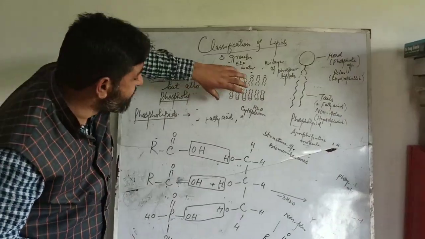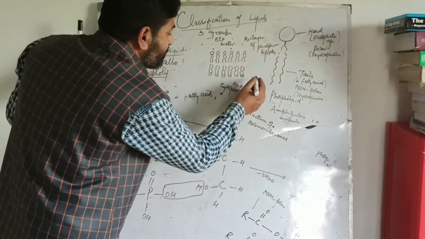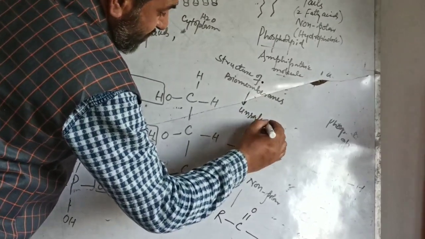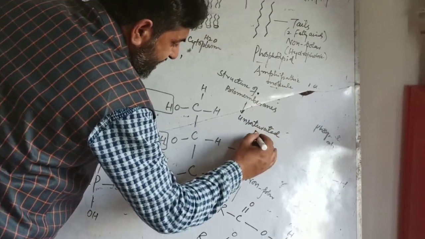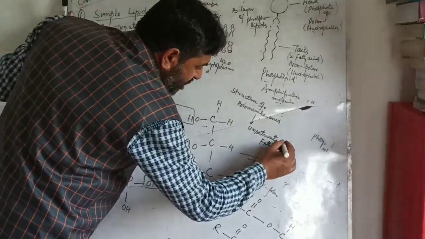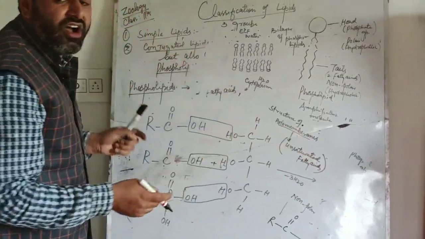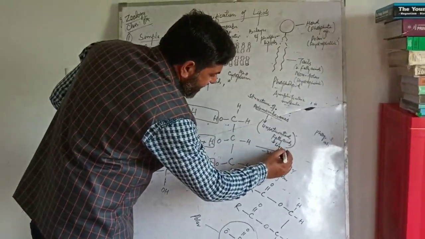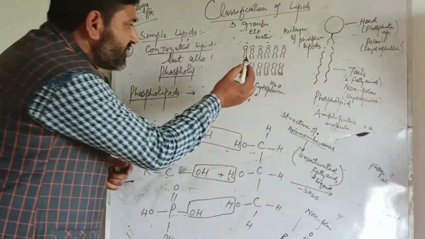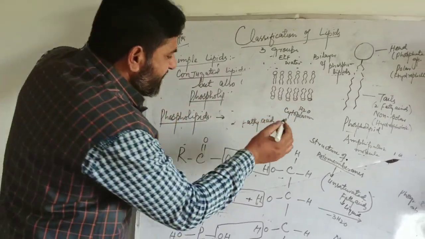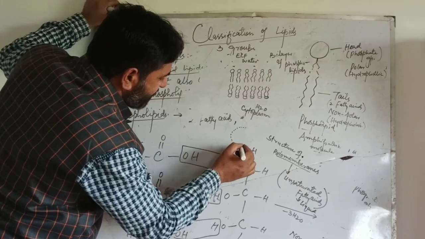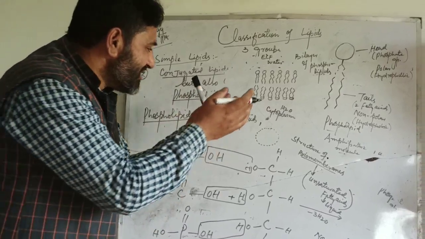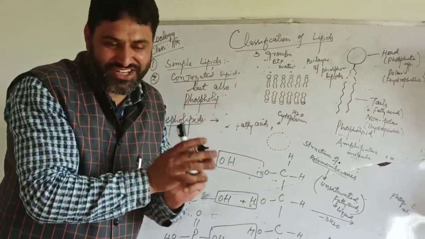And the tails of these phospholipid molecules in the biomembranes are mainly unsaturated. One thing you should remember here: mainly the fatty acids present in the phospholipid molecule in biomembranes are unsaturated fatty acids. And you know that unsaturated fatty acids are liquid at room temperature. So that means these fatty acids are then oil. So we can say this is the cell. This cell is surrounded by the plasma membrane. What is this plasma membrane? Actually, this is the oil, because the fatty acids are unsaturated. So this was all about the